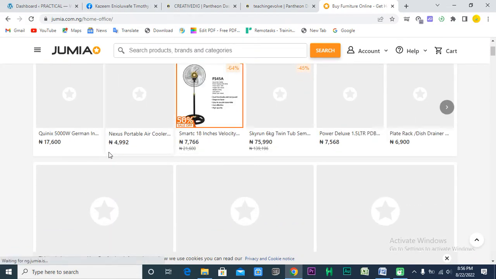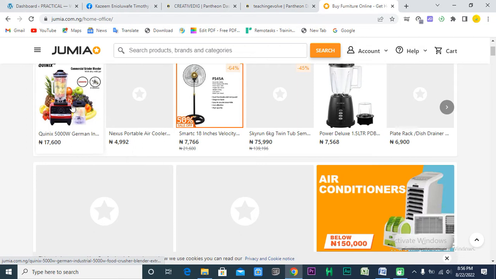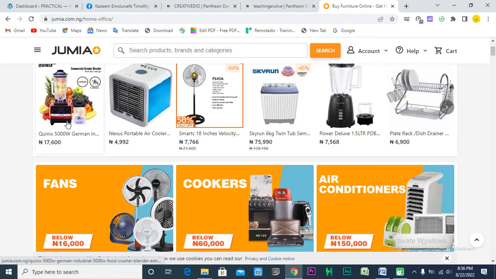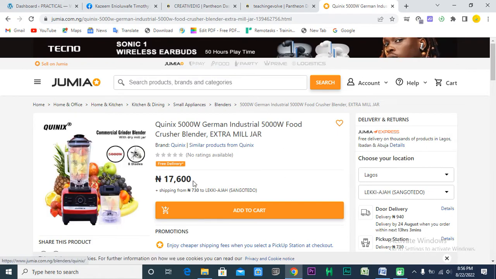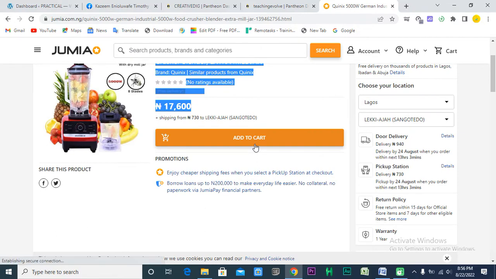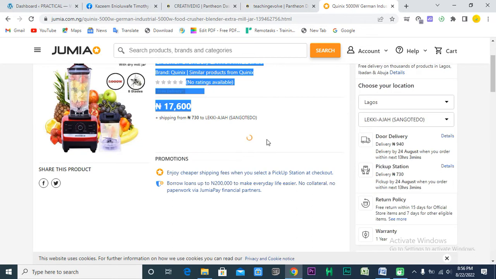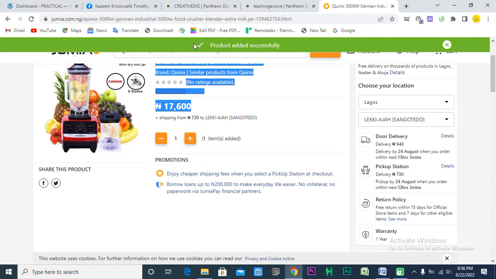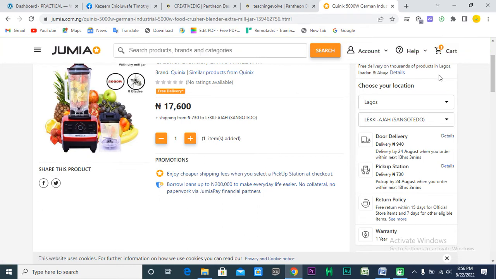For example, if I need this particular blender here, I can come to this site and click on it. It shows the information of that blender for me. Then I can add it to my cart. All these things, I believe the majority of us use them. We use e-commerce, we use online buying and selling, so we understand it. Then we click on add to cart. It says product added successfully. Then when we go back and check our cart,